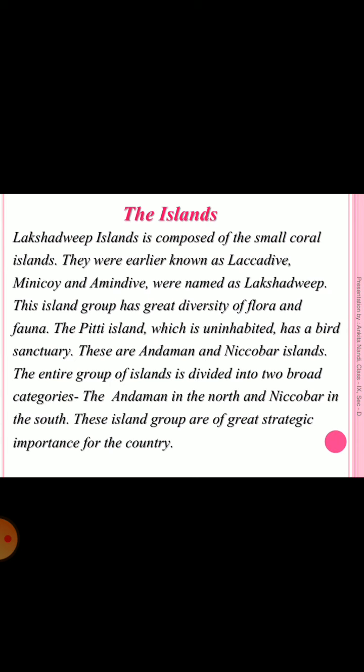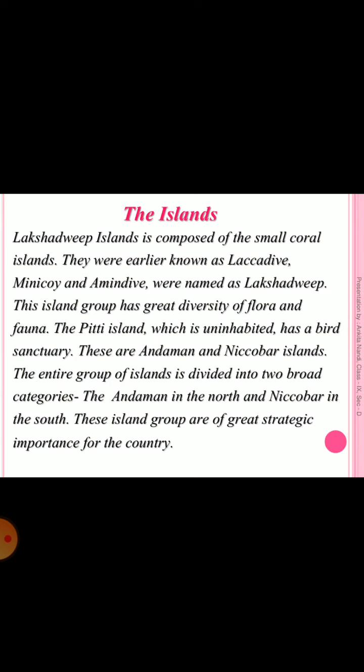These Lakshadweep Islands are the result of the deposition of coral polyps, their skeletons and their secretion of calcium carbonate. Coral polyps are microscopic organisms, and they live in colonies. After their death, the deposition of their skeletons and their secretion of calcium carbonate led to the formation of reefs. These reefs are what we see today in the form of Lakshadweep Islands. Kavaratti is the administrative headquarters of Lakshadweep Islands. It is found in the Arabian Sea.